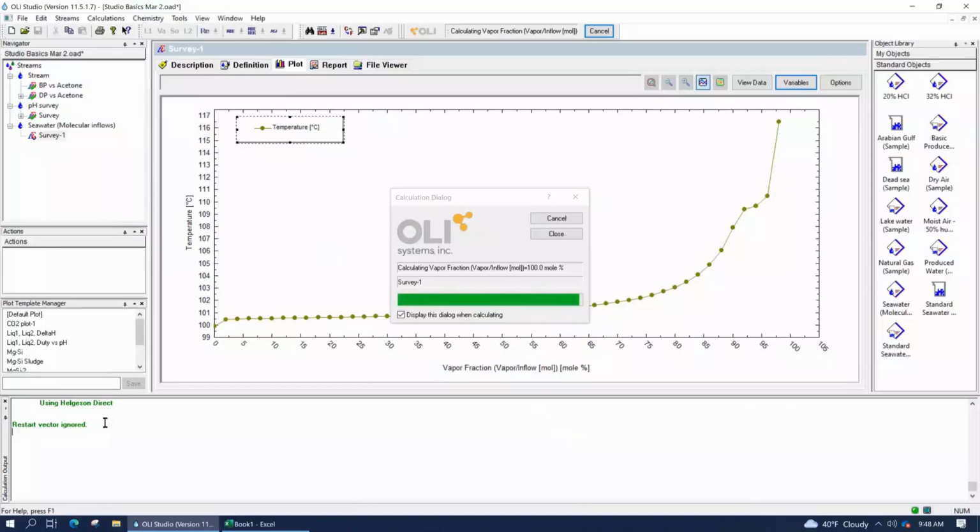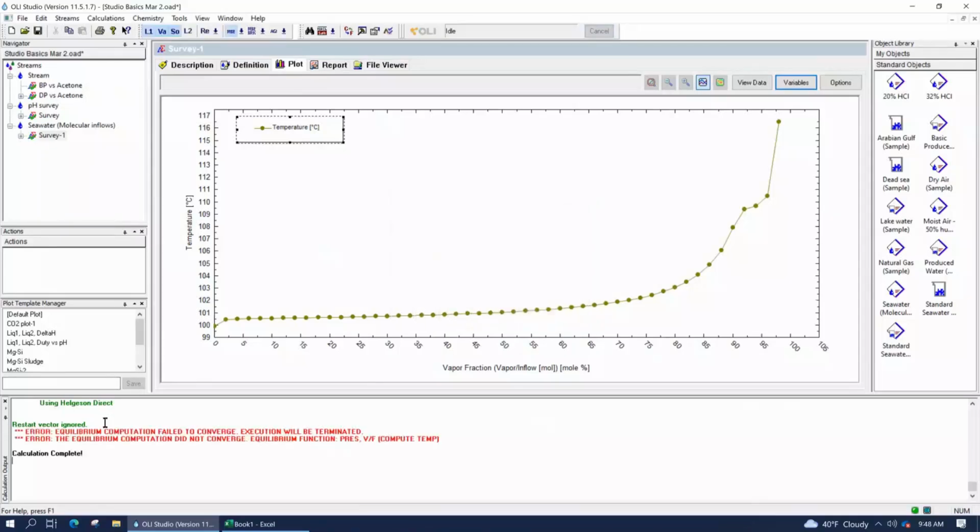What it's doing right now is going through a series of solver routines, trying to figure out if it can come up to a global minimum for the state when everything is in the vapor phase. And it can't, because theoretically it's not practical.